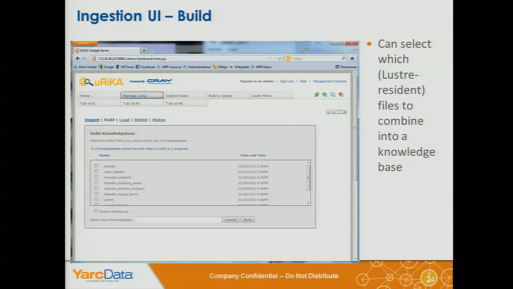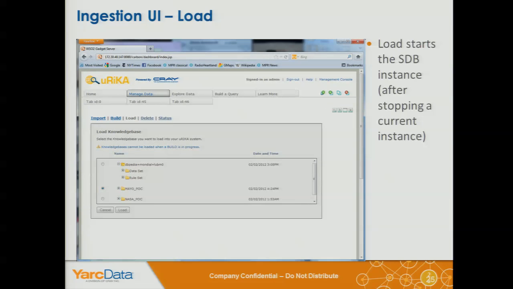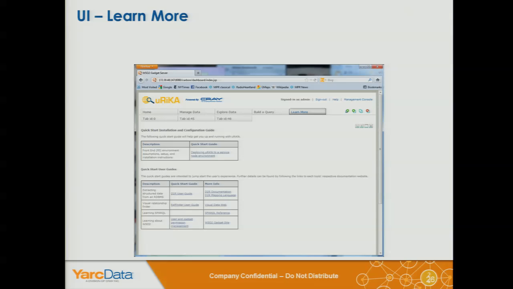These URIs can be hundreds and hundreds of characters, and often are. But we convert every single one of them into a 64-bit integer. So often the database is far larger than the memory of the machine until it's converted into this internal representation. And the build process also performs the static inferencing that I mentioned earlier. So quite a bit happens, but we put a lot of work into parallelizing this step, so it happens pretty quickly. And then load basically is, once it's built, you use the parallel file system to load it,